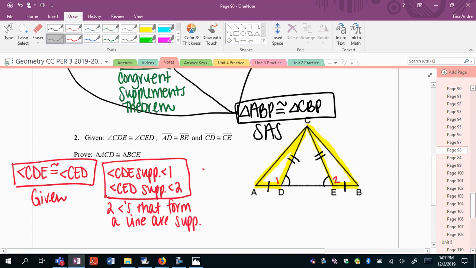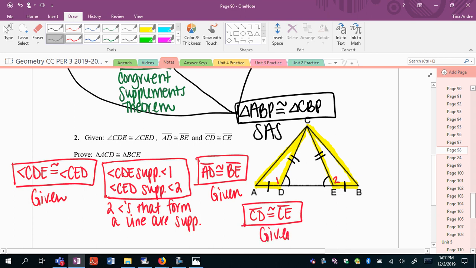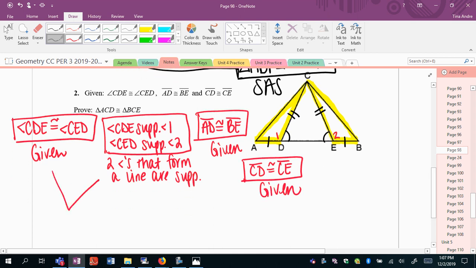And then I have these other givens. So AD is congruent to BE. That was given to me as a set of sides. And I was also given CD is congruent to CE. And using this new idea, the supplements of congruent angles are congruent. Since I know that these angles right here are congruent, that's going to force angles 1 and 2 to also be congruent. They have to be the same measure if they add up to 180 degrees with congruent angles. So angle 1 is congruent to angle 2